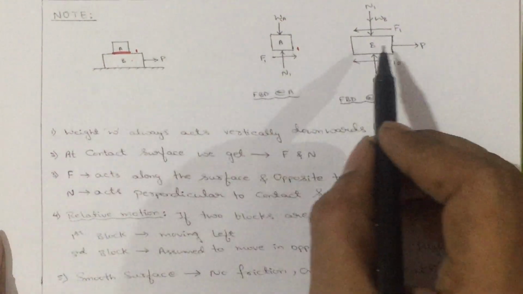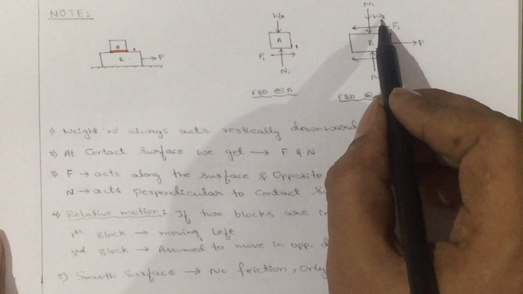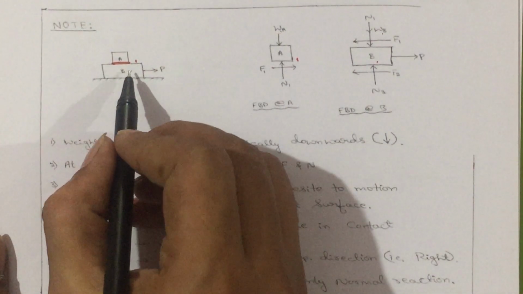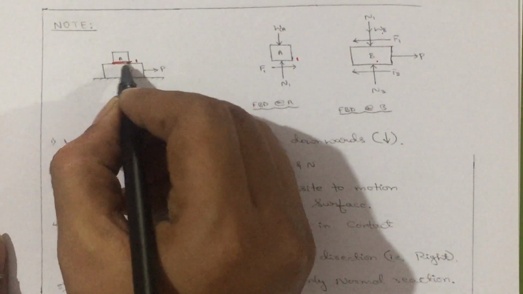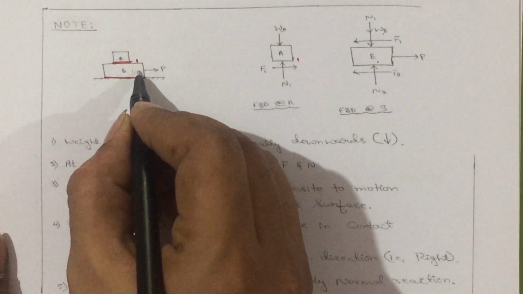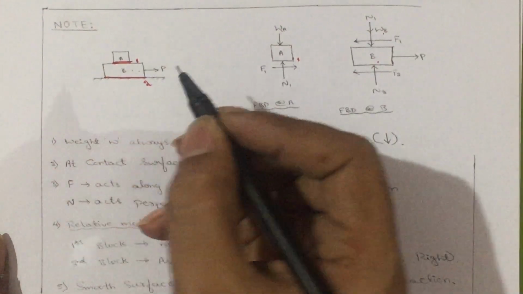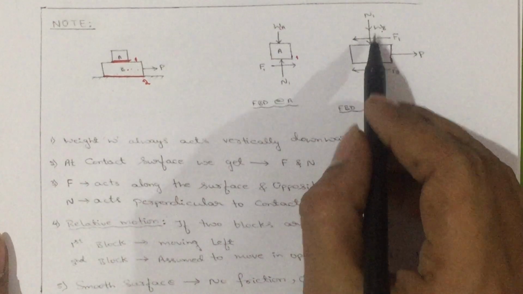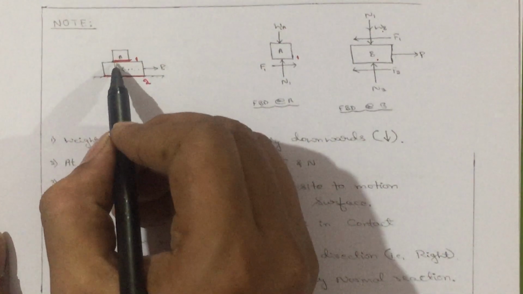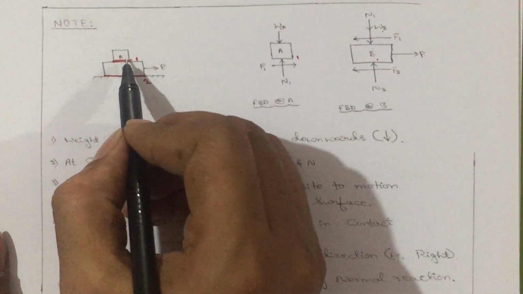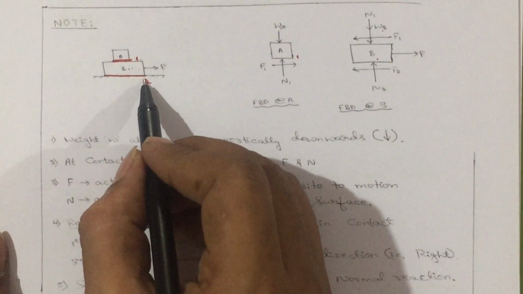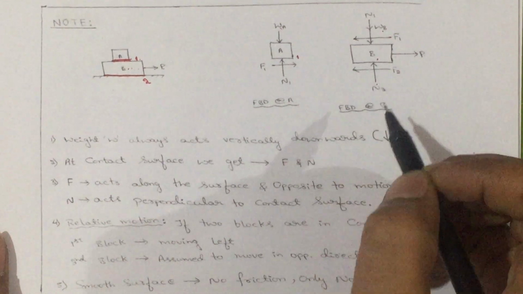Then write the body B, then write its self weight, that is WB, acting downward. Then the body B will have two contact surfaces. This is one contact surface, and here is another contact surface between the body B and the floor, the second contact surface. First write the weight W2, then the attachments, that is P is there, write it down. Then at the first contact surface, write one parallel line and one perpendicular line. Then at the second contact surface, write one parallel line and one perpendicular line.